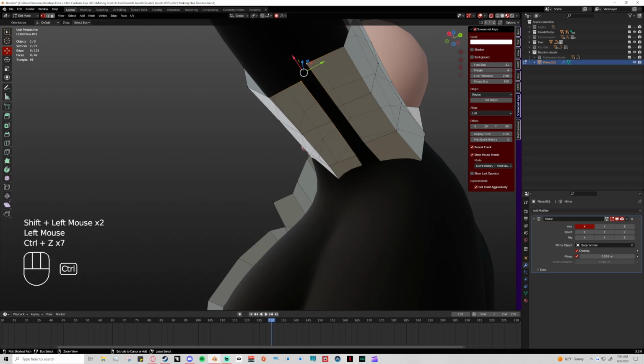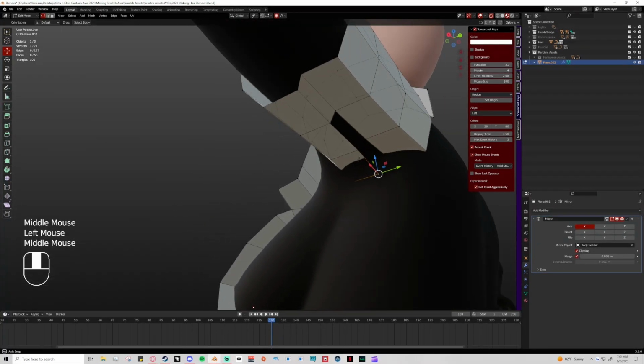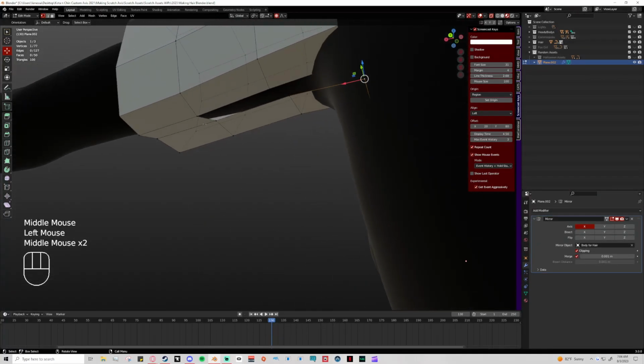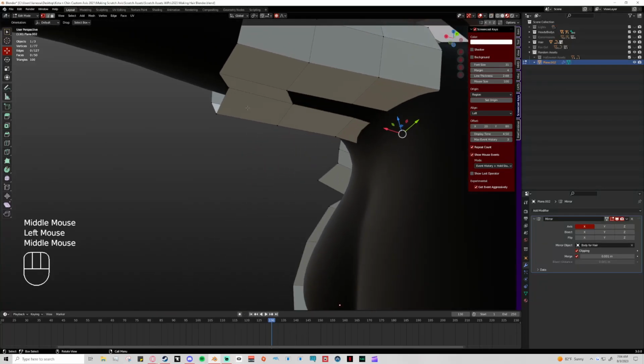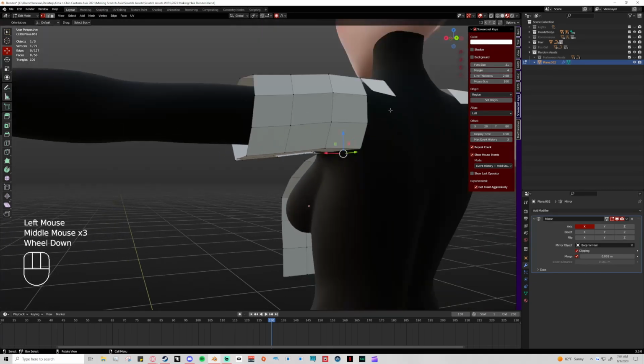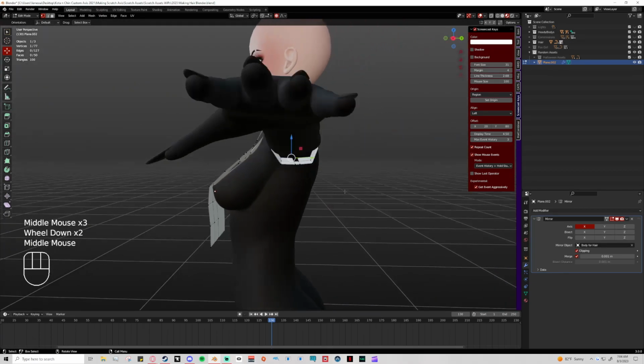Or if you accidentally don't have things symmetrical, or you weren't necessarily paying attention to what vertice count or plane count you have, it's totally fine. As long as you select an even number of vertices that's more than 2, like 4, like this, you can do F to fill, and that creates a new plane, as you can see. Let me turn off X-ray. There you go. So it fills it in,